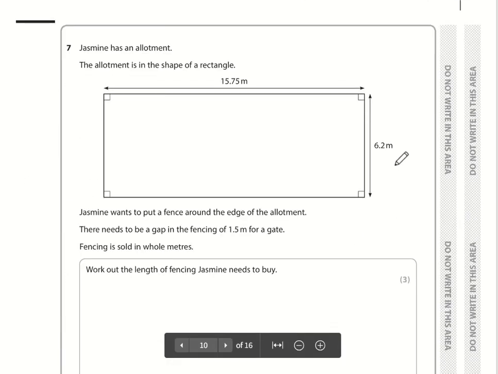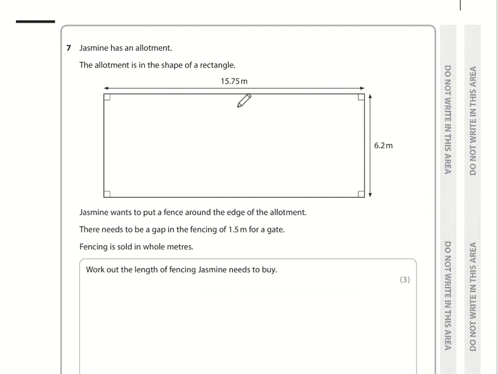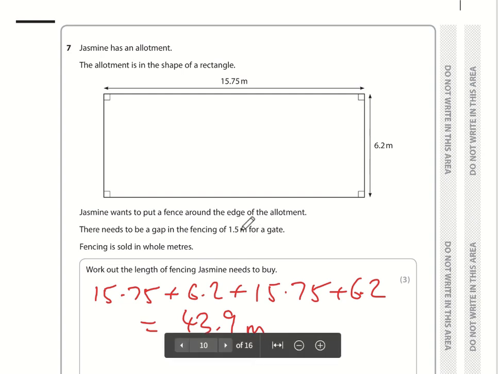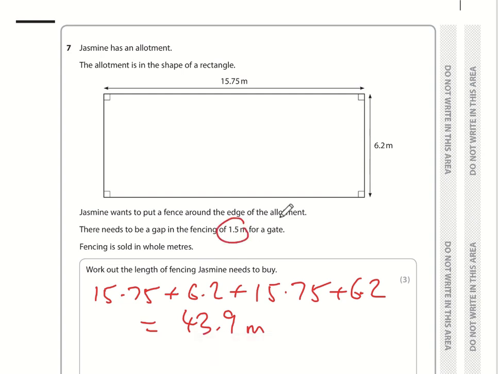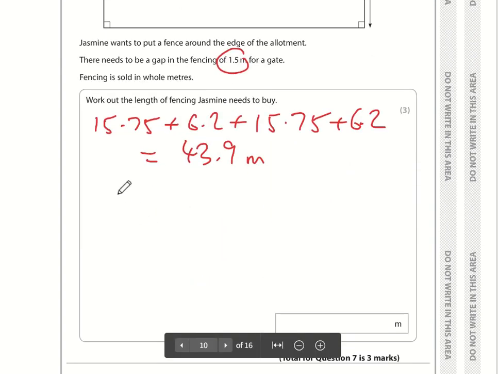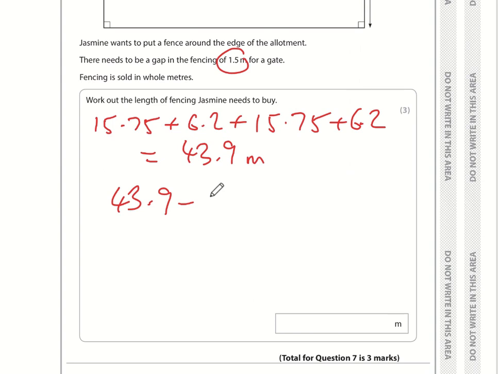Okay, so for this question, what we need to do is work out the perimeter. So it's going to be 15.75 plus 6.2 plus another 15.75 plus another 6.2, and that comes to 43.9 meters. Now I need to factor in the gate where there's going to be no fencing for the gate, so I'm going to subtract 1.5. 43.9 take away 1.5 is